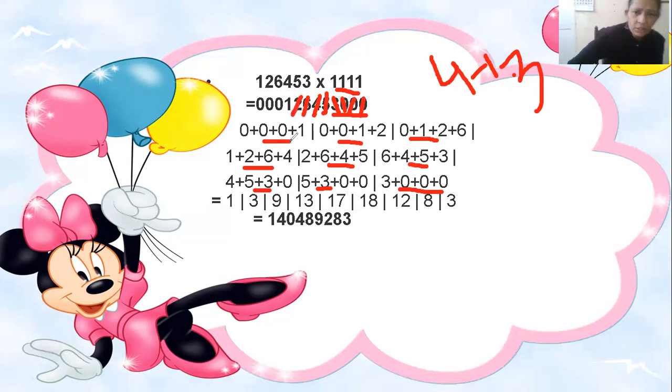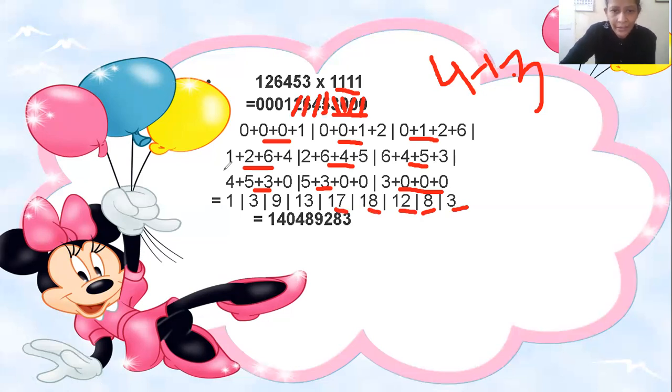Now, as in all the questions you have done the additions, you have to do the addition in the next step. Now you see 3 plus 0 plus 0 plus 0. So you will get here 3. Now you have to add 5 plus 3 plus 0 plus 0. You will get here 8. You will write down here 8. Now you will see here 4 plus 5, 9. 9 plus 3 is equals to 12. So you will write down here 12. Now in the next step, you have to solve 6 plus 4 plus 5 plus 3, which is equals to 18. So you will put the slash, write down 18. Now in the next step, you have to solve this 2 plus 6 plus 4 plus 5 is equals to 17. You have to write down here 17.